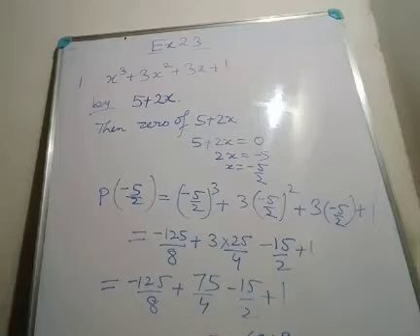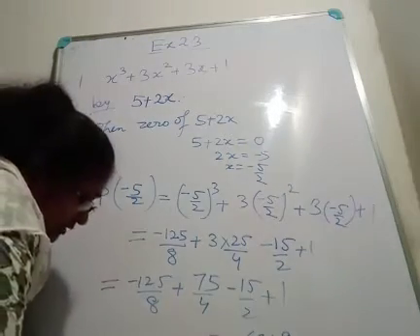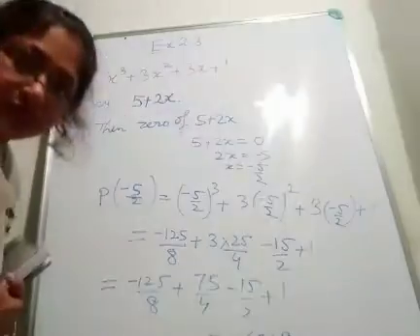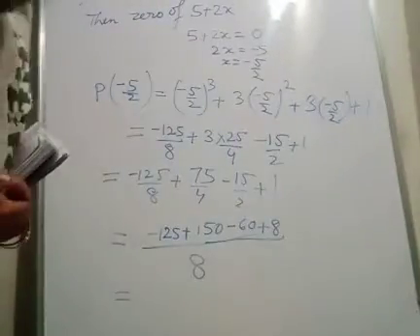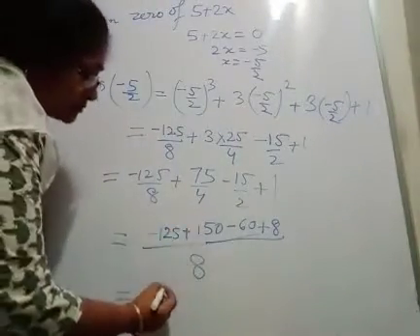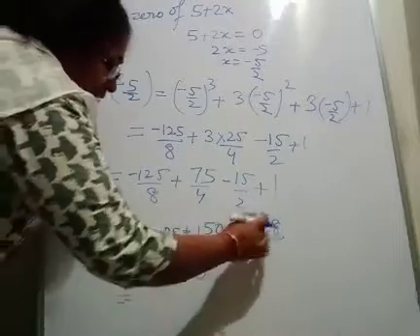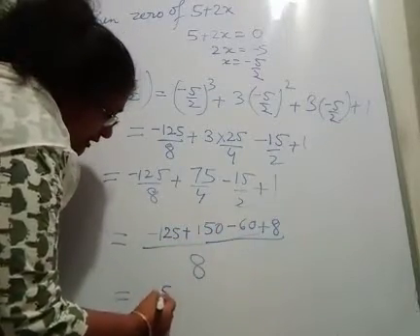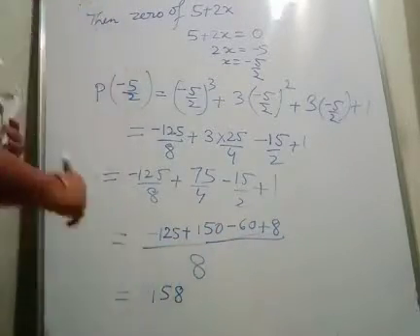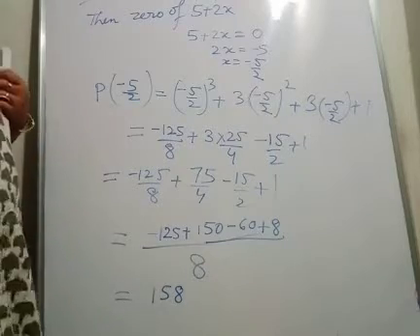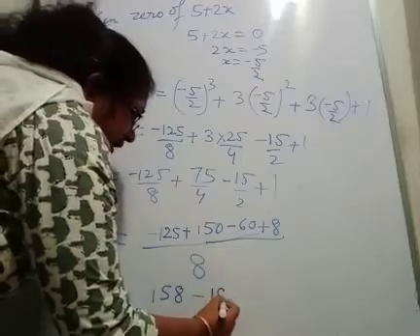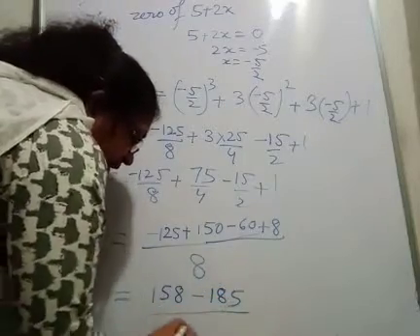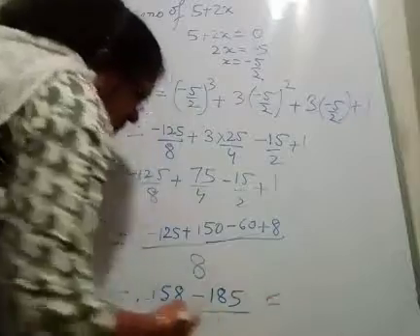Okay students, now solve it. 150 plus 8 will become 158, and minus 125 and minus 60 will become minus 185 by 8. Okay students, now